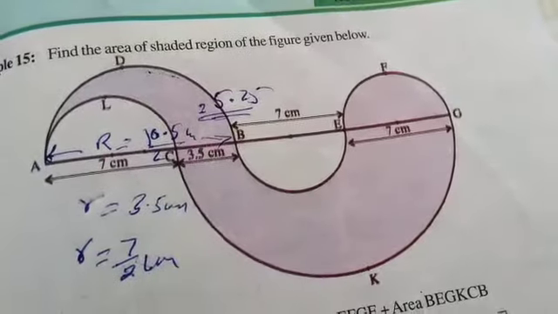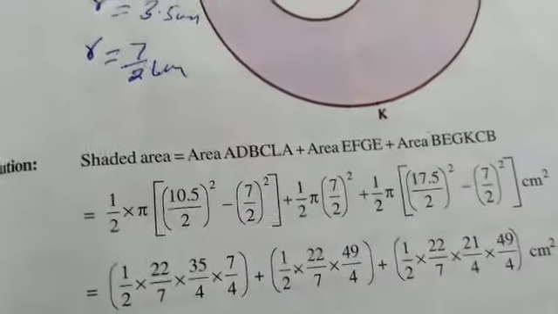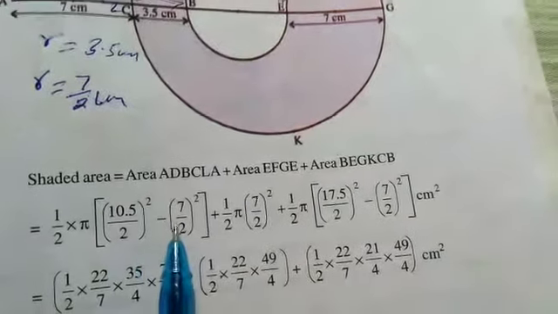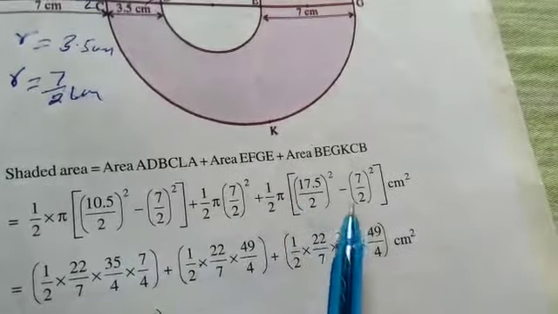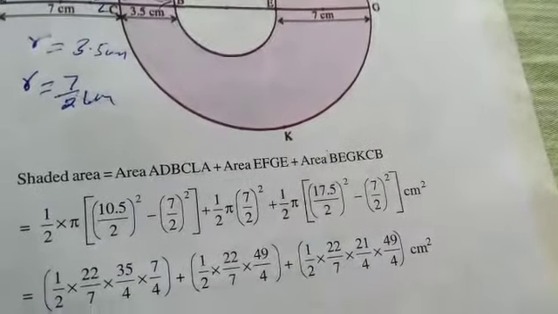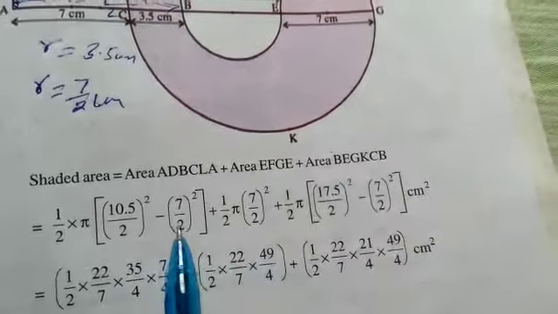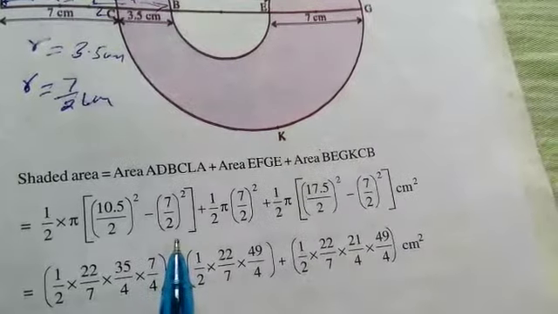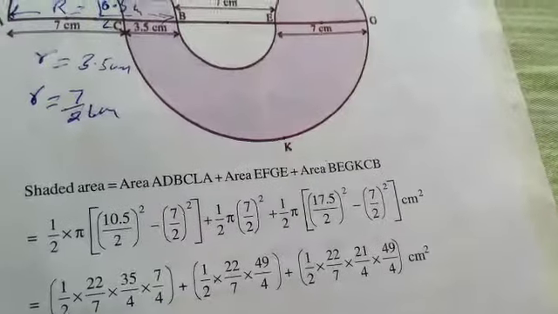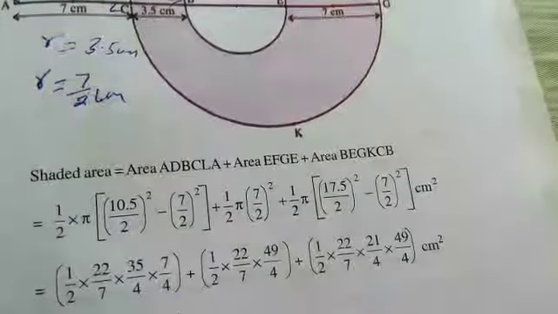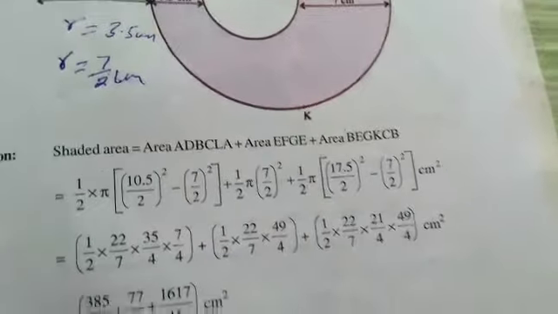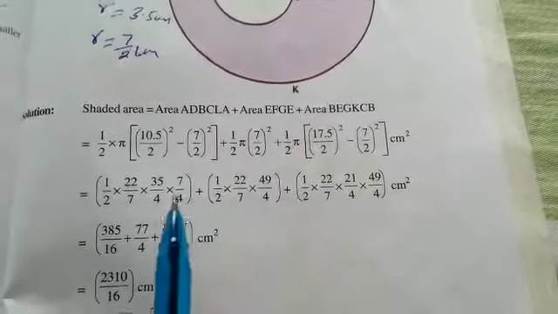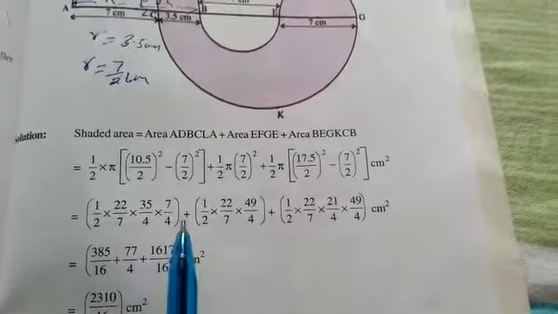And now here I will again say, this is how he is taking, right? For 10.5 by 2 minus 7 by 2, this is based on fractions he is taking, and he is taking LCM and then determining it. So now in this particular case, you can use A plus B into A minus B also, or directly you can simply multiply A square and B square, and then A square minus B square. Simplification part is your freedom. So this fellow is doing it in one way, I will do it in another way, and you can do it in another way. So I am giving you all the ideas, right?